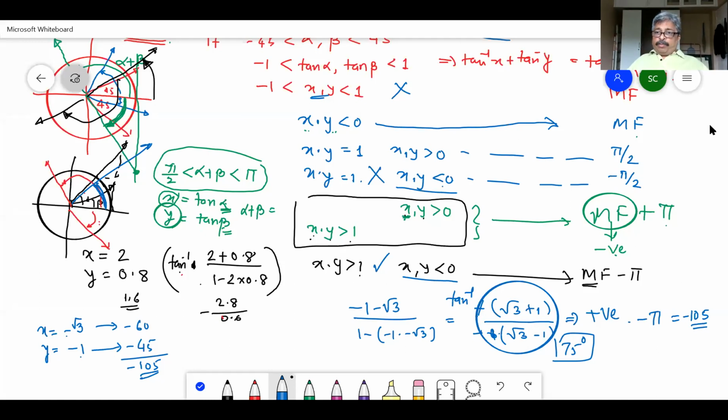Nothing else. So to make it short, there are only two serious cases you need to look at: when the parity of both is the same, and the main function ratio becomes positive, and when the main function ratio becomes negative. You have to remember only those two cases. When you want a positive angle and you get a negative angle, you need to add pi. When you want a negative angle and you get a positive angle, you need to subtract pi. I think that is the story of this and of similar other inverse trigonometric identities.